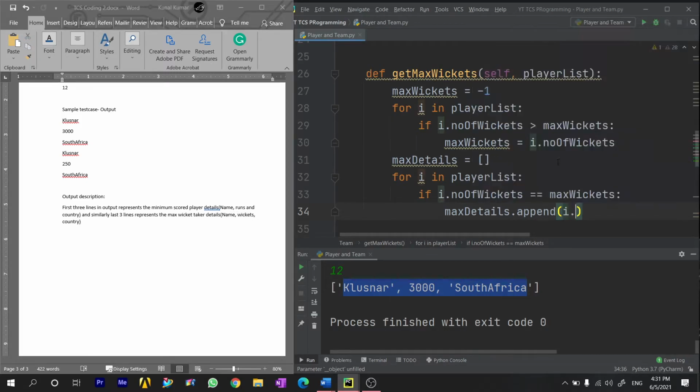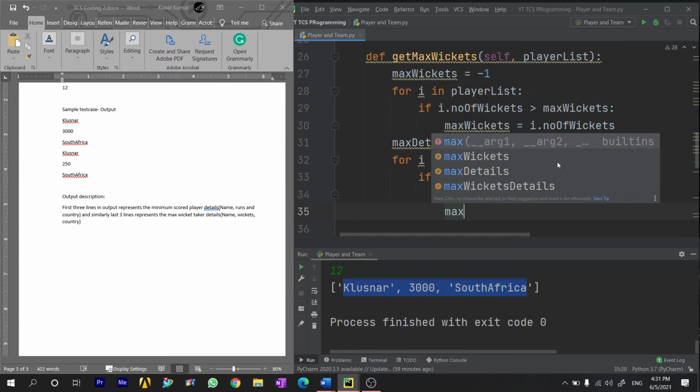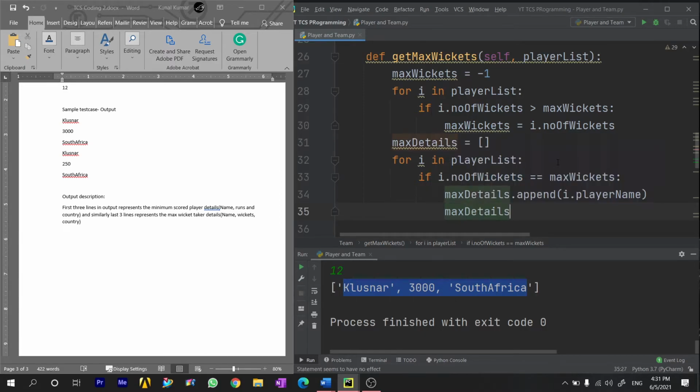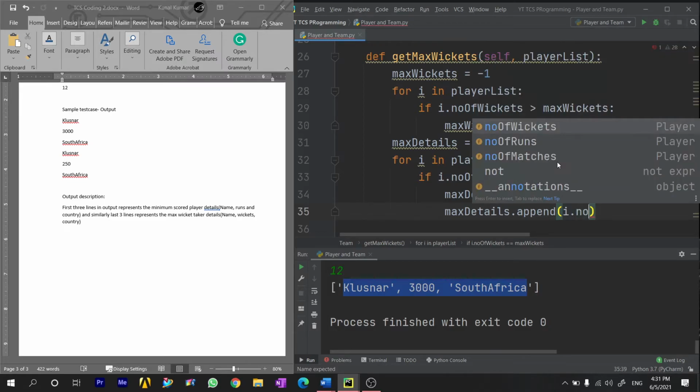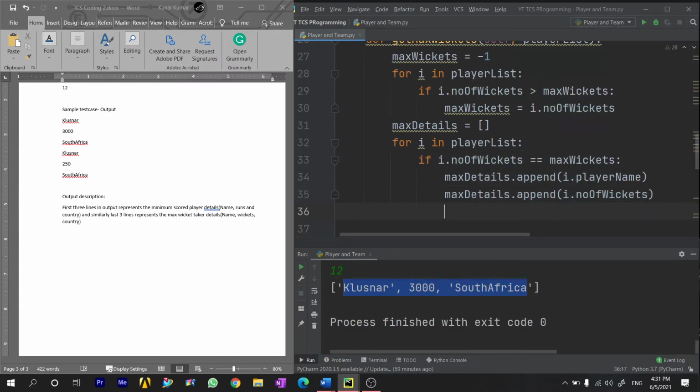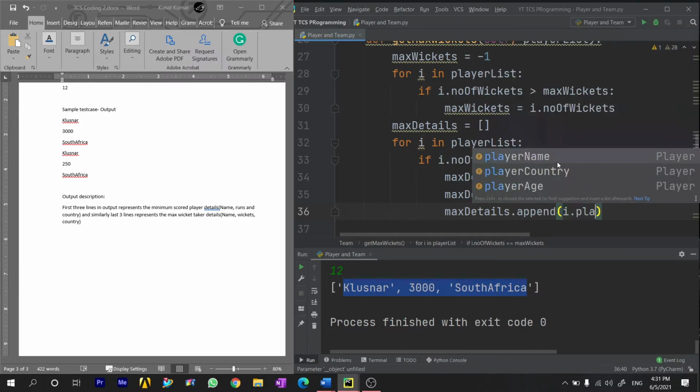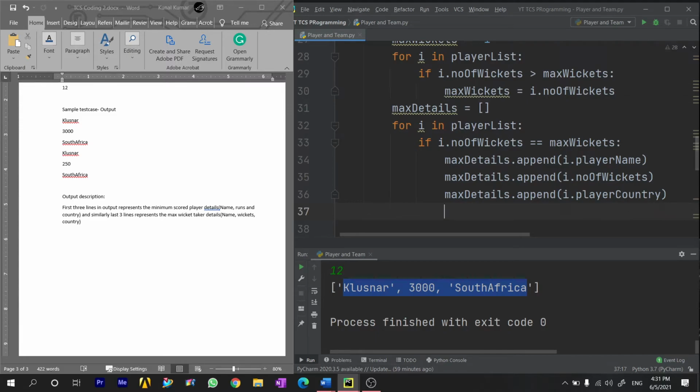So i dot player name, again max details dot append i dot number of wickets, and then finally max details dot append i dot player country, and we will return these max details back to the main function.